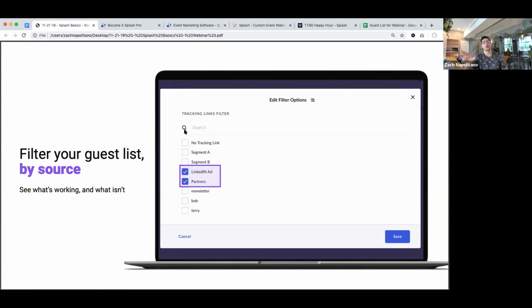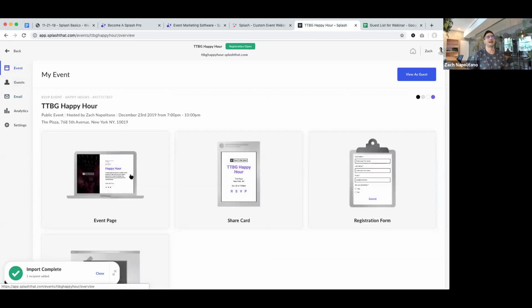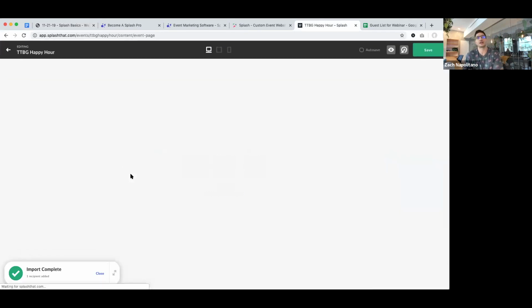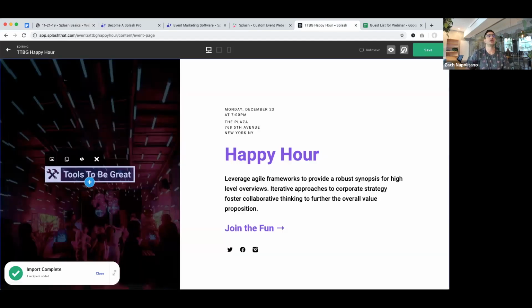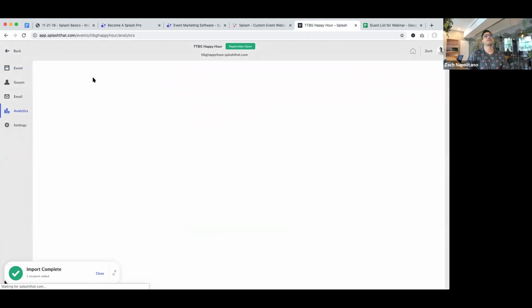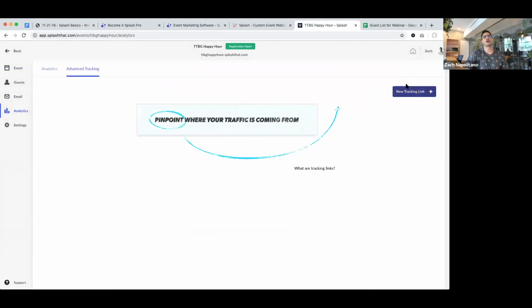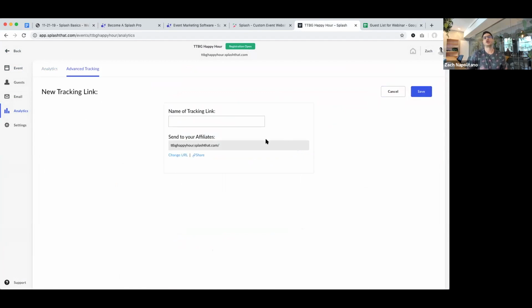So Caroline, for your question, what you would do for your event, if you wanted to see if this event page that you're working on is generating traffic for other places, is go into your analytics tab, go into advanced tracking, create your link, and then use this link on the different event pages that you're creating in Splash that you're promoting it from.